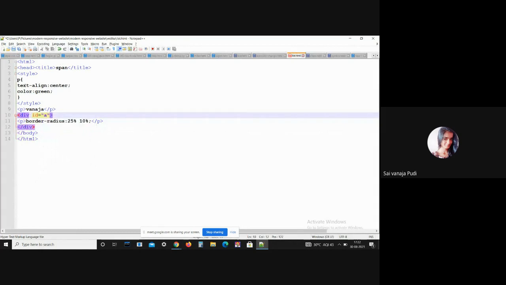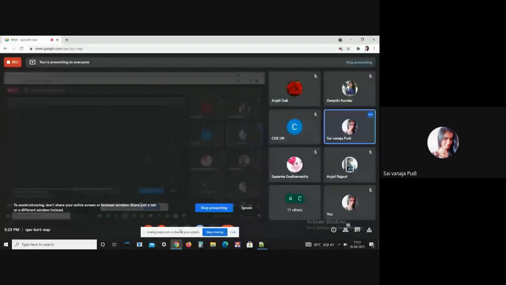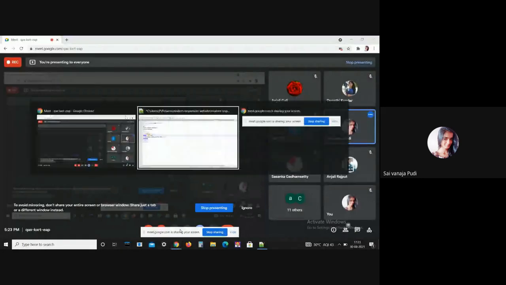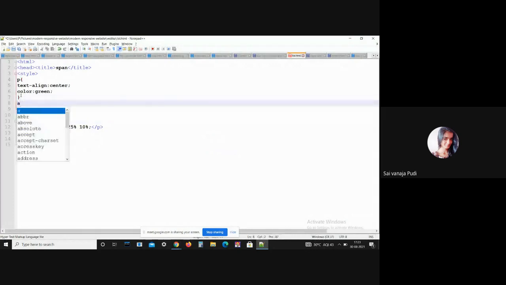I have already opened the style tag. Now you should add some properties to this div id.